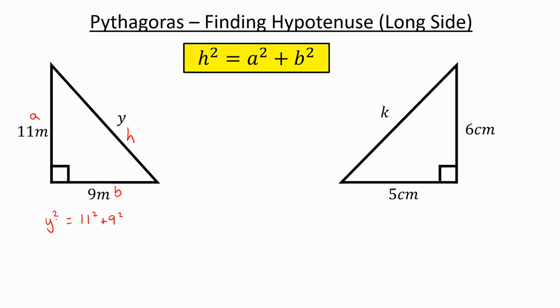Now, what we want to do is work out what the length of y is. And at the moment, we've got what y squared is equal to. And so we need to essentially undo the squared so that we have the value for what y should be. Now, how we can do that, mathematically, is we're going to be square rooting, doing the opposite of squaring, and we do that to both sides. In effect, what happens is if we square root